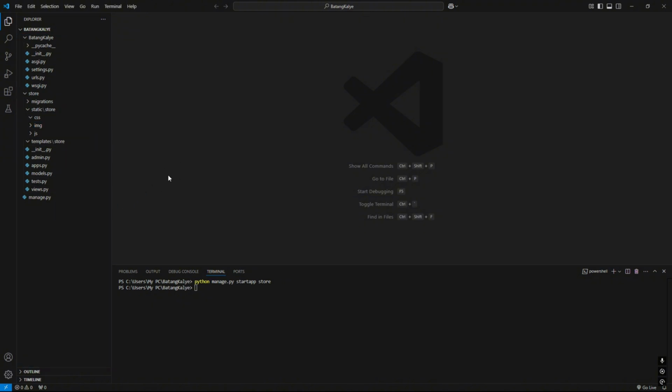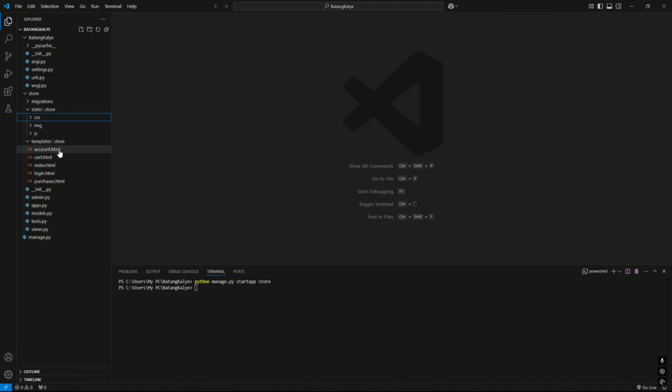That's the next step. Here I already created pre-made JS, images, CSS, and HTML for the templates. As you can see, I already created the HTML for our templates, CSS for the design of the HTML, the stock images, and the JS for the function of our web app.